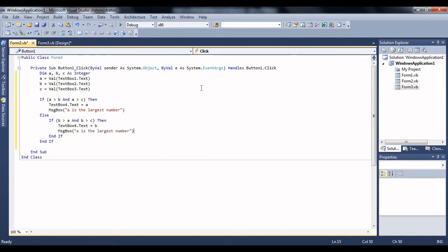And in the message box we'll have b is the largest number.